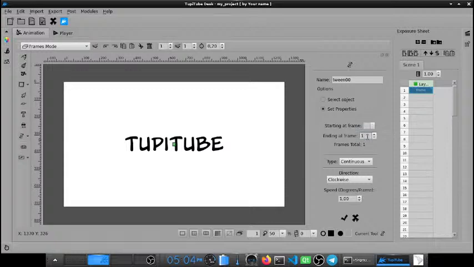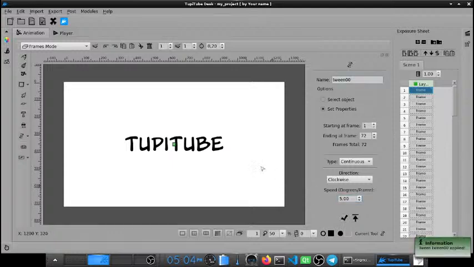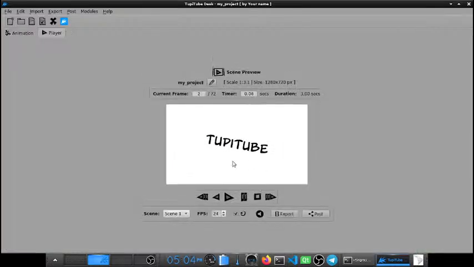So let's try 72 frames, rotating 5 degrees. Okay, so let's apply the twin and let's see how it looks. And there you go. This is a pretty basic example of a text object using a rotation twin,